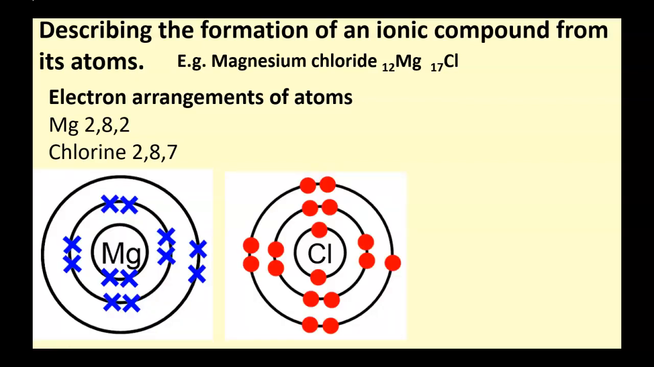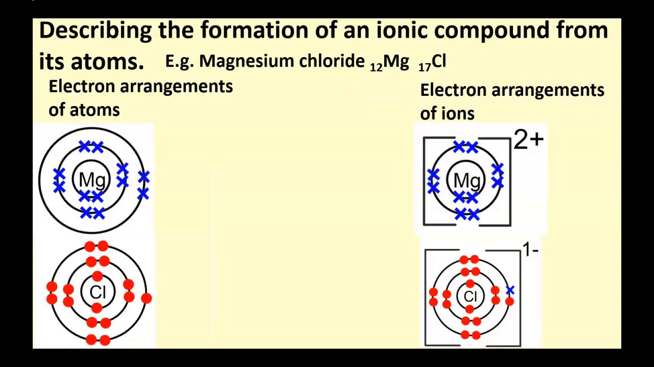Here is a picture showing the arrangement of electrons in a magnesium atom and also a chlorine atom. So now we need to think about how they become ions. Magnesium will become an ion by loss of 2 electrons and the chlorine will become an ion by the gain of 1 electron. So this is a picture showing the magnesium atom, the chlorine atom, the magnesium ion and the